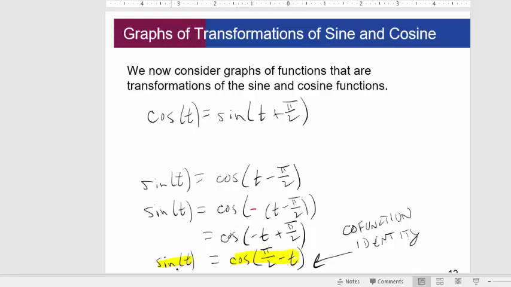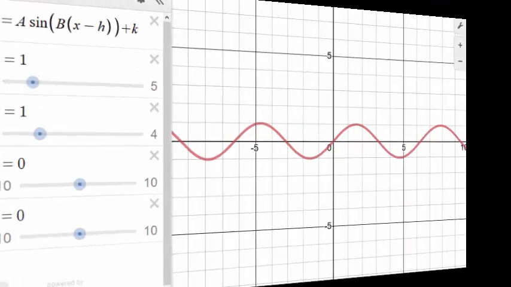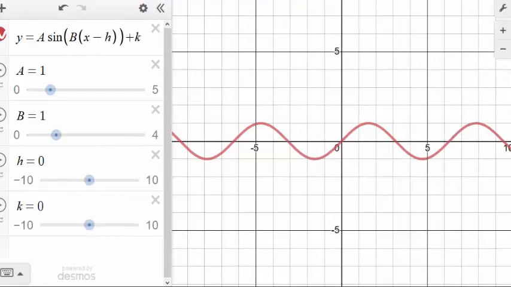And then the other cofunction identity, which you can basically get from this one, is that the cosine of t is the same as the sine of pi over 2 minus t. Those are your two cofunction identities, but they really are saying the same thing: the sine of one angle is the same as the cosine of its complement. The nice thing is it doesn't just work for angles between 0 and 90, it works for all angles. So before we look at the PowerPoint for the formal definitions, the nice thing to do is just to look at